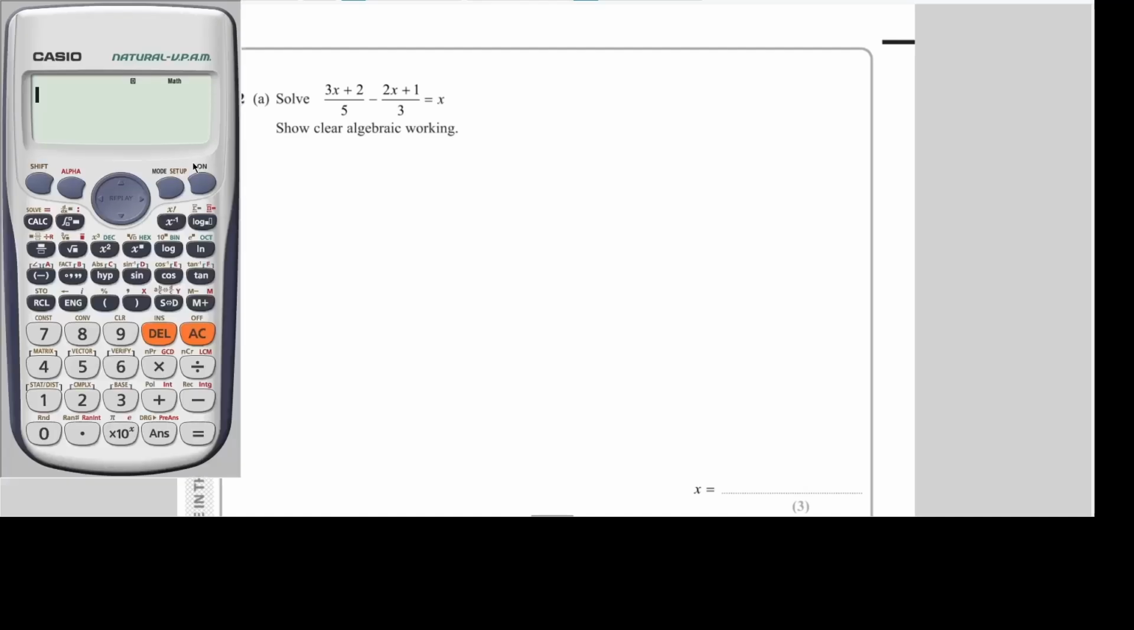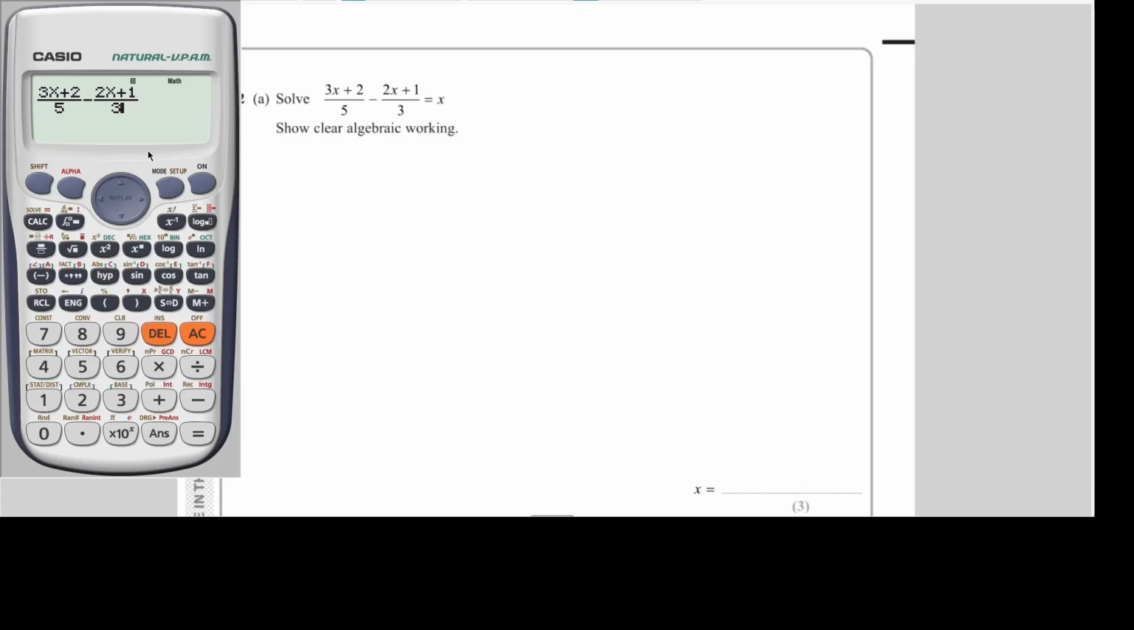So let's do it from the beginning. Let's take out the calculator and input the equation into the calculator. So the first one is a fraction. Therefore, I'm picking a fraction key. So 3x, you know how to input x now, alpha and this bracket, plus 2 over 5 minus, again fraction key, 2 alpha, this bracket, plus 1